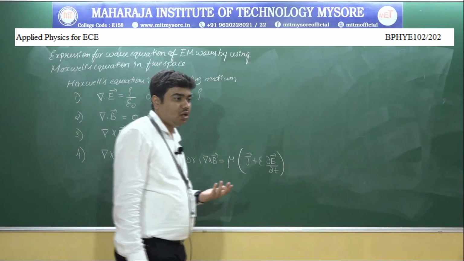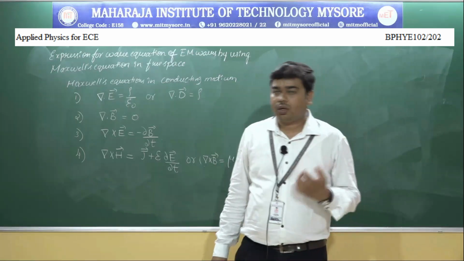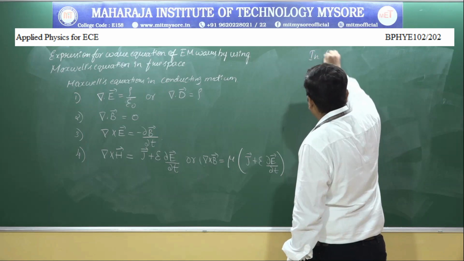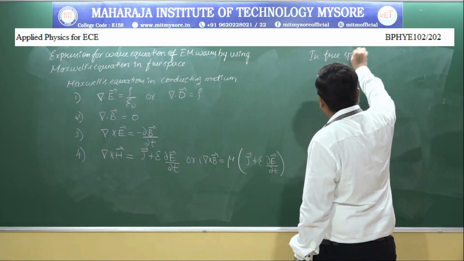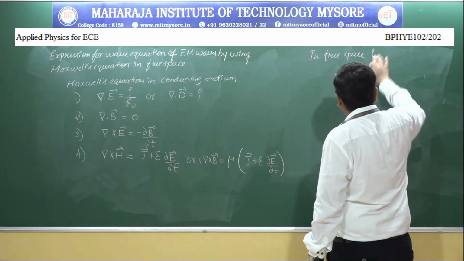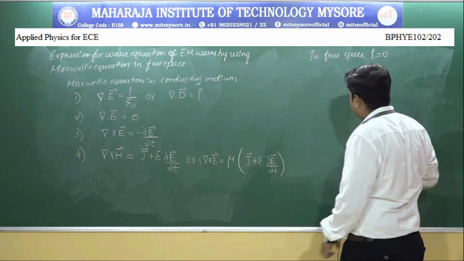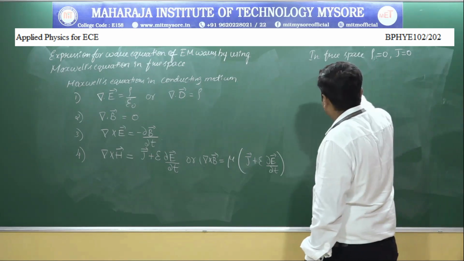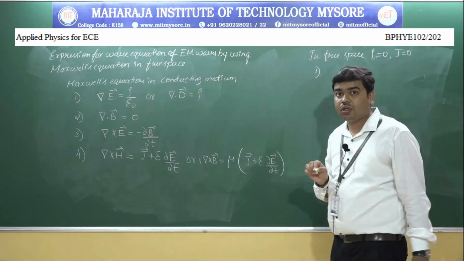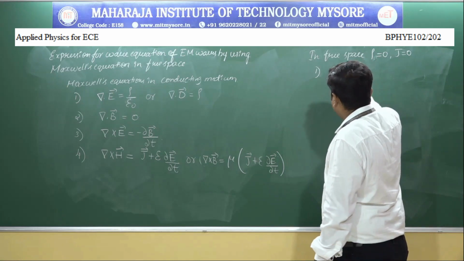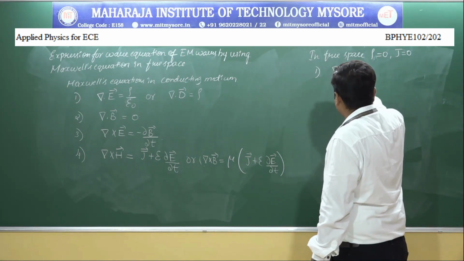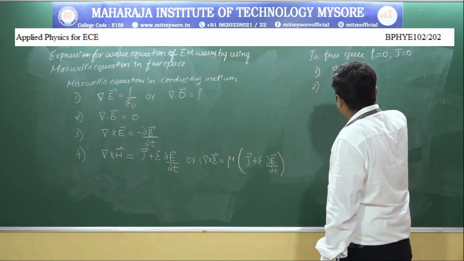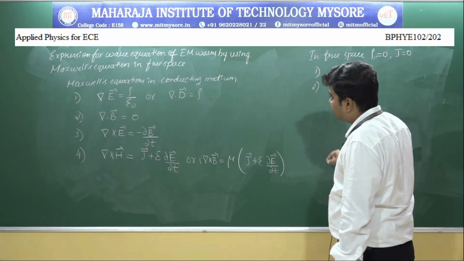Now, in free space, the charge density and current density are both equal to 0. So, in free space, rho is equal to 0 and J is equal to 0. So, we can write the Maxwell's equations in free space as del dot E is equal to 0, del dot B is equal to 0,